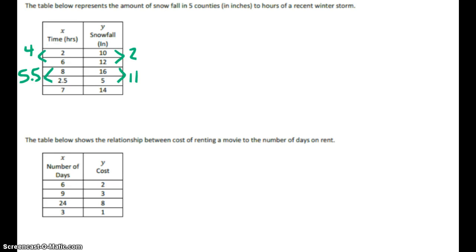Alright, so in this first situation, what I did is I determined my slope for the first 2 points. So my change in y is going to be 2 over my change in x, which is 4. And I know that that simplifies to 1/2. So if I plotted these 2 points, my slope would be 1/2. But if I continue and I plot the next 2 points, or the third and the fourth point,